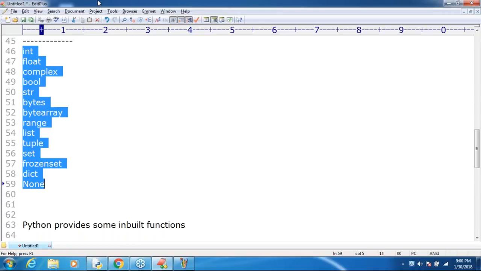Very important point. The people who are sleeping, can you please wake up? Very important point I'm going to cover. I'm going to use this word in the next classes also, several times. Make sure: in Python, everything is an object. Remember that. In Python, everything is an object, including your int value, float value, complex, boolean, even a method, a function also is an object internally. In Python, everything is an object.